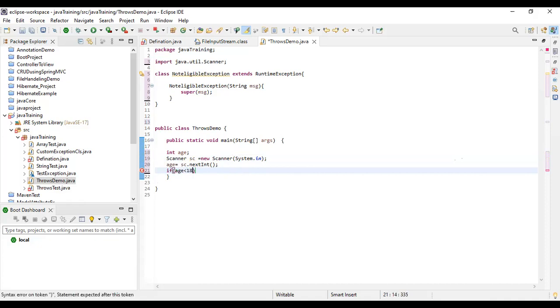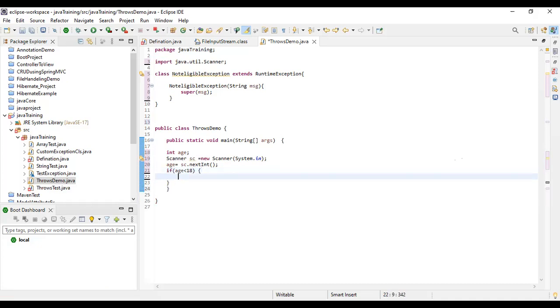Suppose you go for voting. If you are above 18 years, you are eligible for voting, but if you are below 18 years, you're not eligible. In that case some exception occurs. So I'm passing